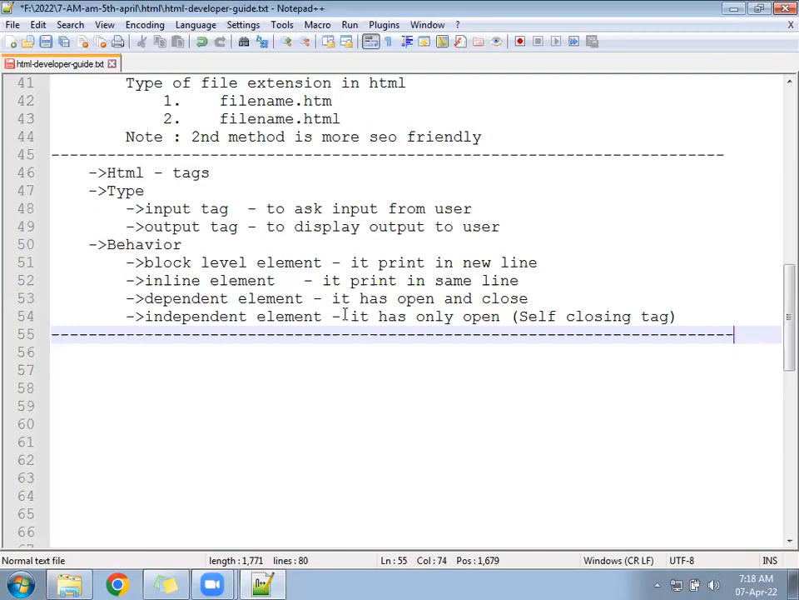So these 5-6 lines were the main principle of HTML, you can say the complete base knowledge of HTML. From here everything starts. Okay, next, in this file I have written yesterday